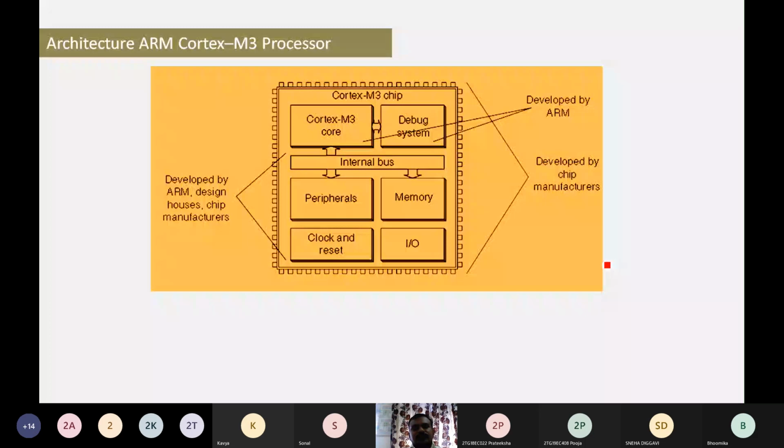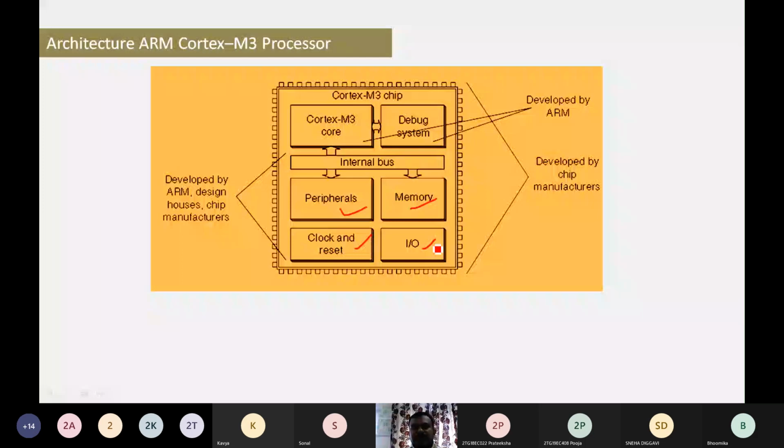So what are the previous chip contents? They are developed by design houses and chip manufacturers, who use the peripherals, memory, clock and reset, and input-output blocks, and all are connected through the internal bus.